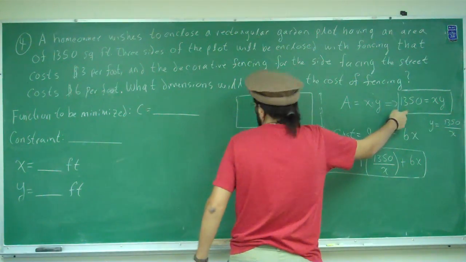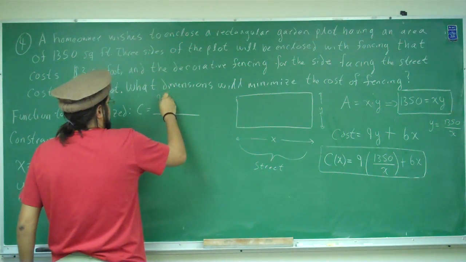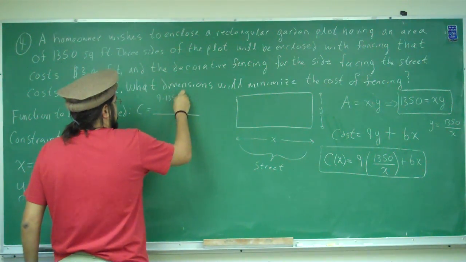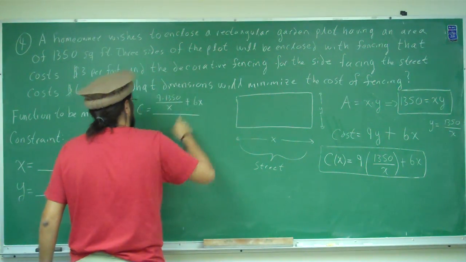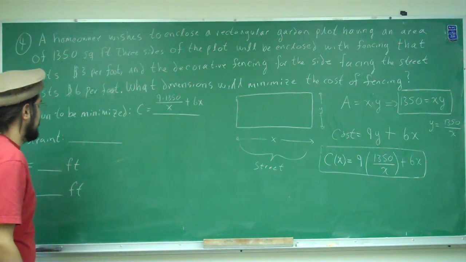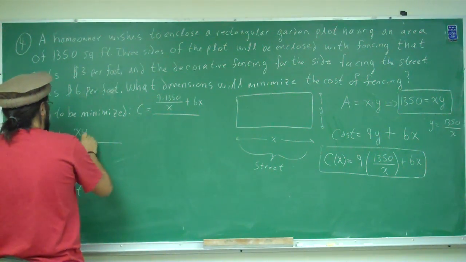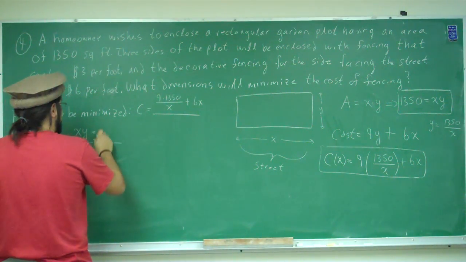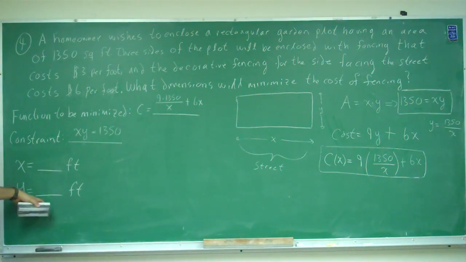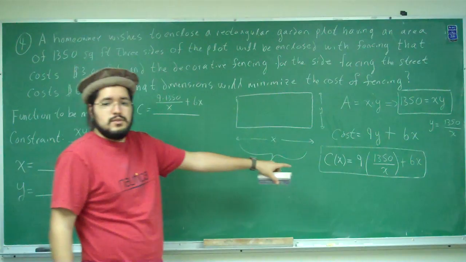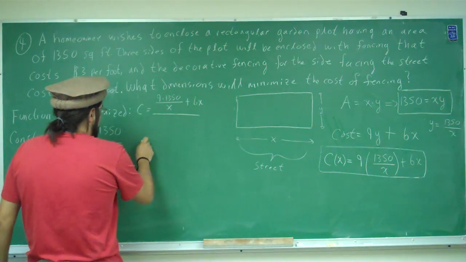So cost function, constraint, that goes here. Just say 9 times all this, plus 6x. And then the constraint is xy equals 1,350. Now I want to find x and y. So what I want to do is take the first derivative, since I have to do this first derivative test. Alright, so C prime